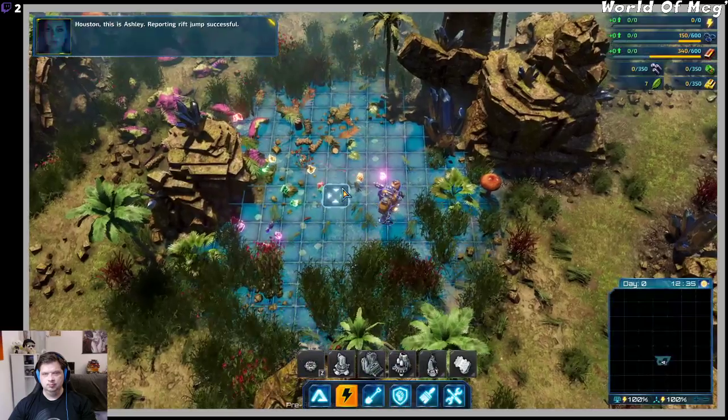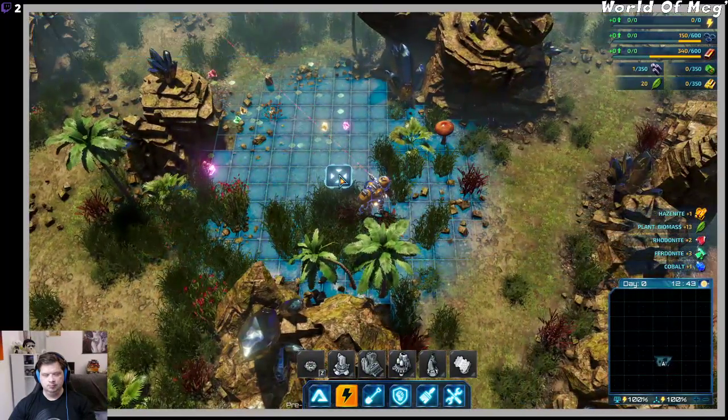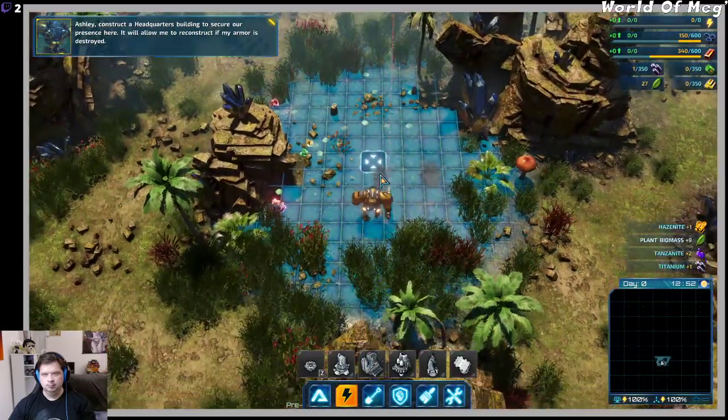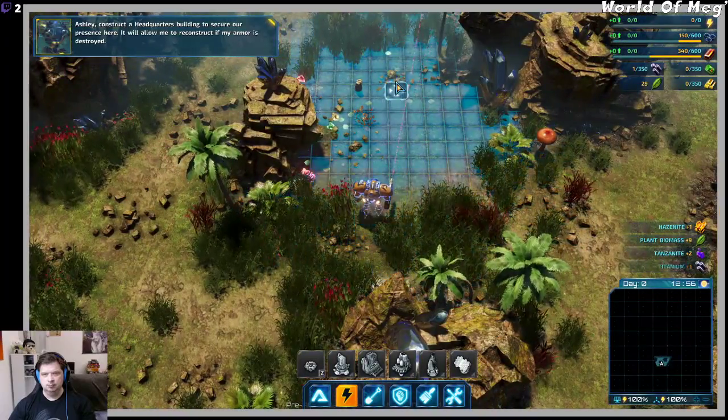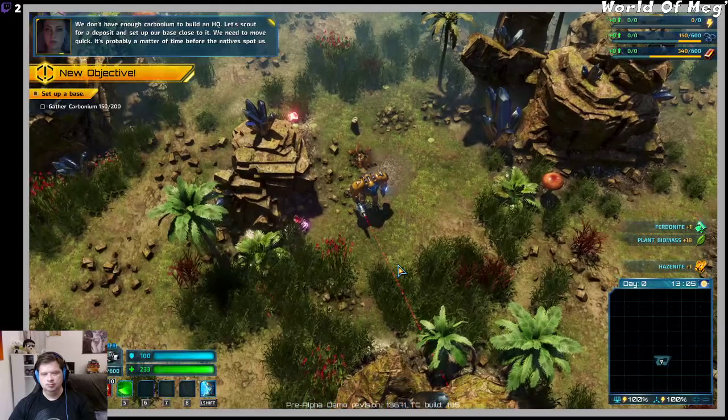Reporting rift jump successful. Roger that. Begin field-based setup. Ashley, construct a headquarters building to secure our presence here. It will allow me to reconstruct if my armor is destroyed. We don't have enough carbonium to build an